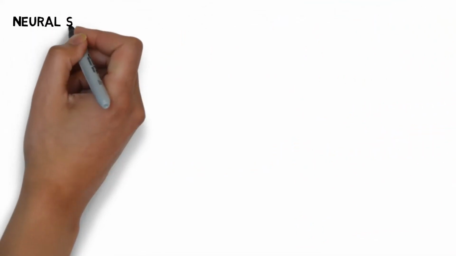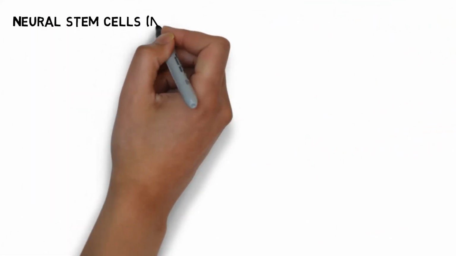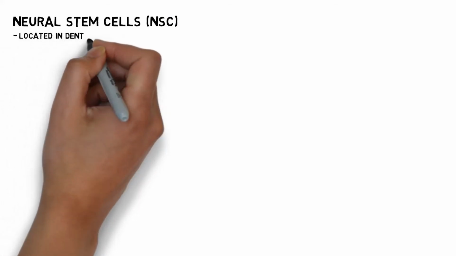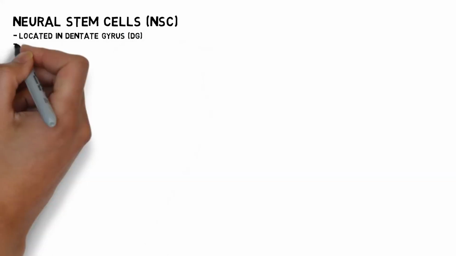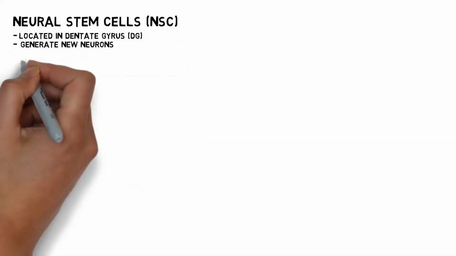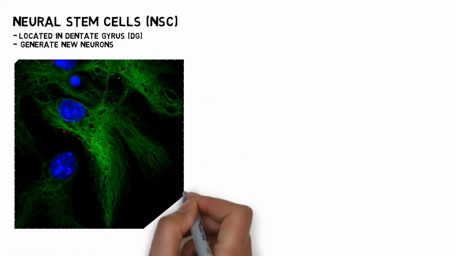Synaptic plasticity is also impacted by neural stem cells, NSCs. These stem cells are located in the dentate gyrus, DG, of the hippocampus and have been found to generate new neurons. By making new neurons, there are more places for neural connections, and the network of our nervous systems therefore